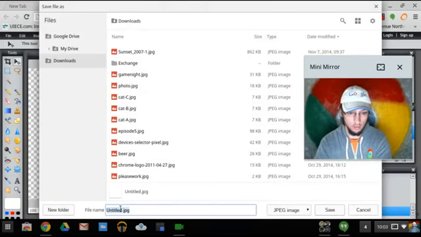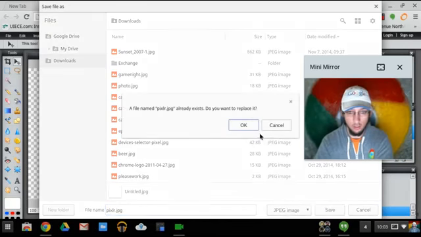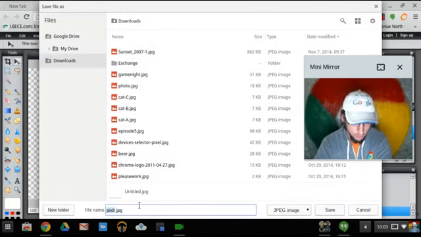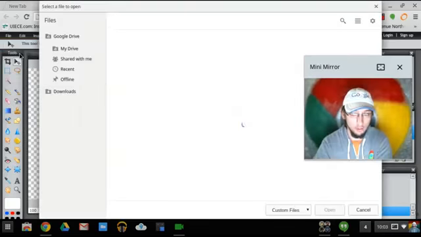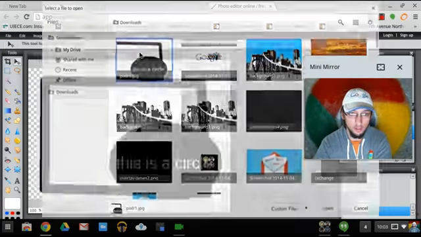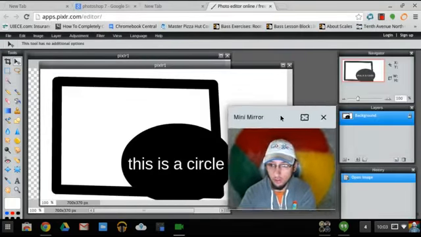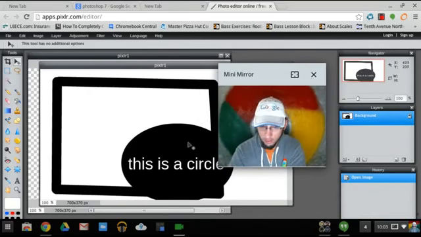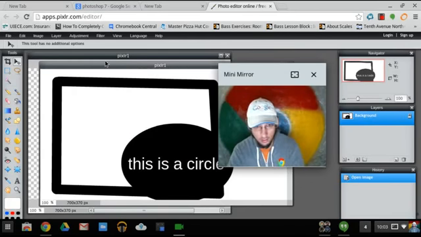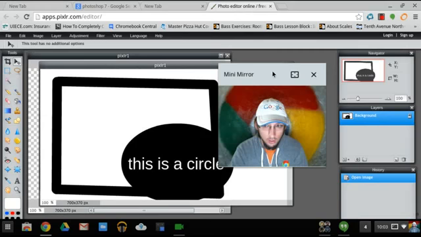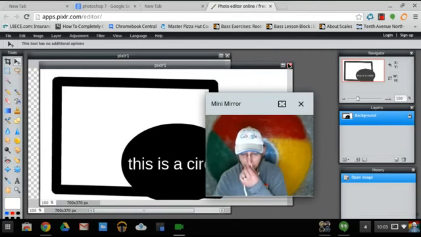Let's call it Pixlr.jpg. Oh, I already have one called that? Weird. There we go. If you just save it as a JPEG and you open it later, you'll notice my layers are gone because it just put it all into one layer. So I can't go in and take the circle and move it around anymore if I need to edit it later. So you can save it as a JPEG or a